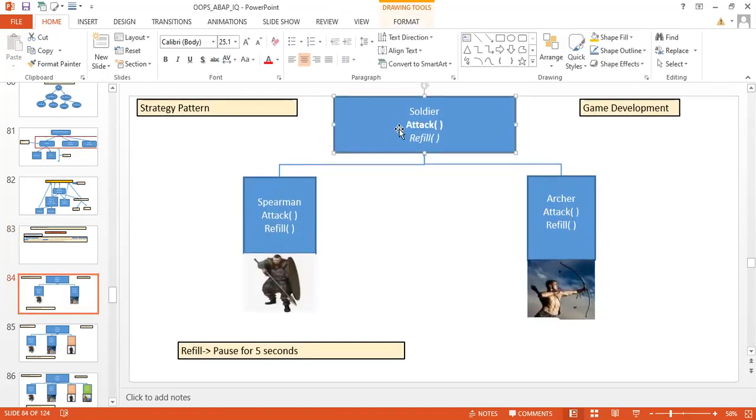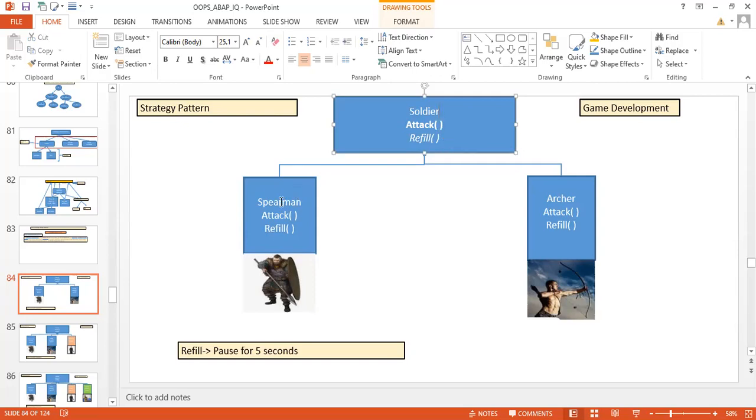See, assume a scenario where you have to develop the code for multiple soldiers, right? So you know that a soldier can attack, and a soldier should have refill functionality because they are going to have different kinds of weapons, right?